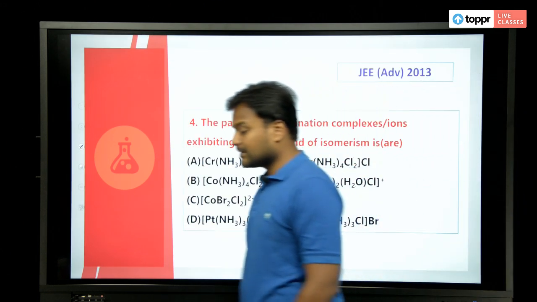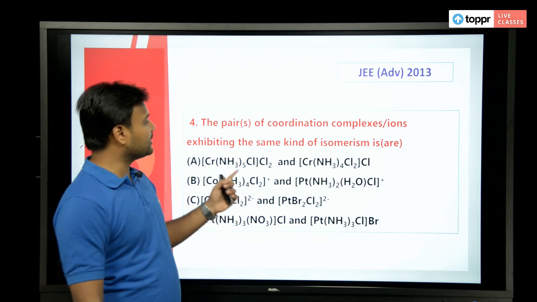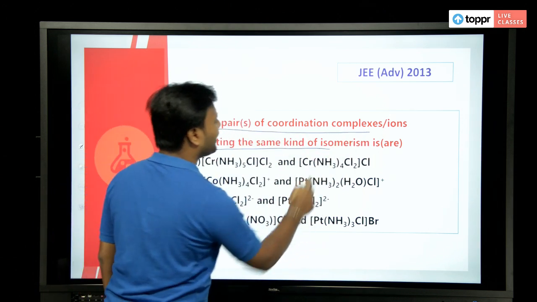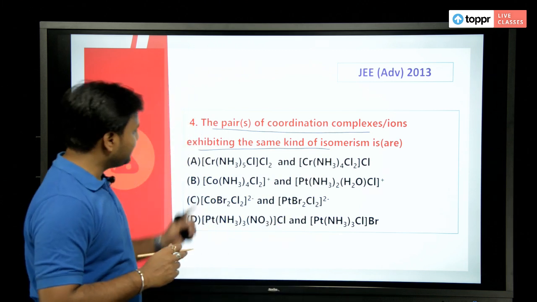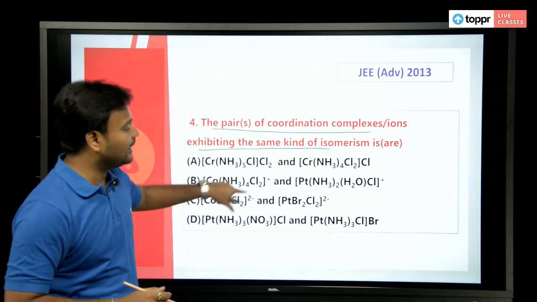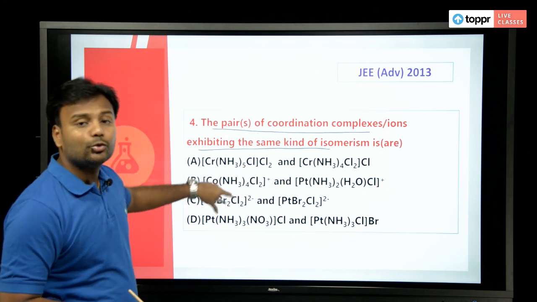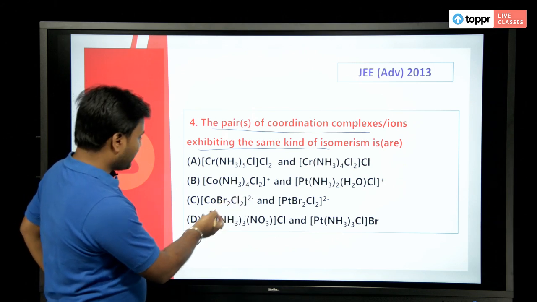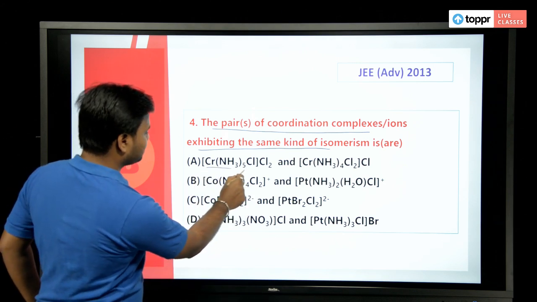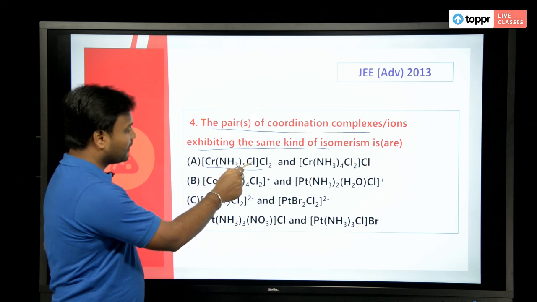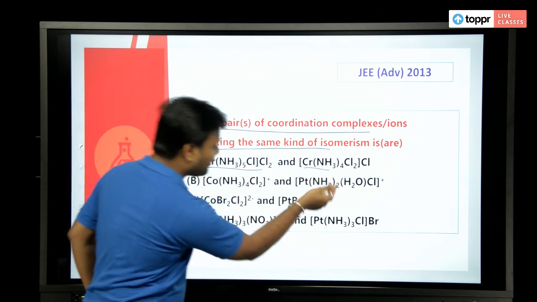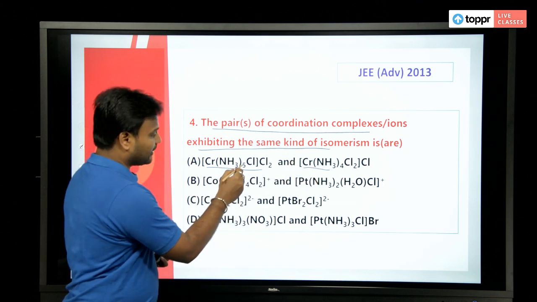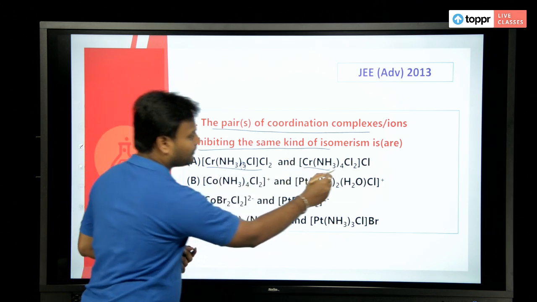Okay. So, this is something regarding isomerism. The pair of coordination complexes or ions exhibiting the same kind of isomerism. That means what are the two pairs that exhibit the same kind of isomerism? Okay. So, we have chromium, ammonia, chlorine and chromium, ammonia. Here this one is remaining the same, everything is the same, but you can see here it is 5, this is 4,